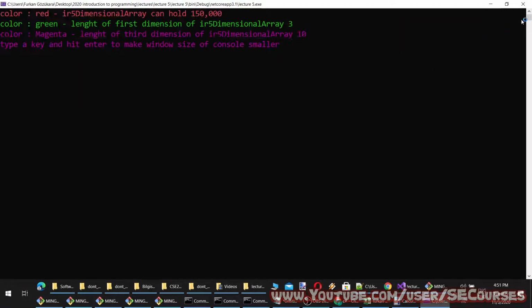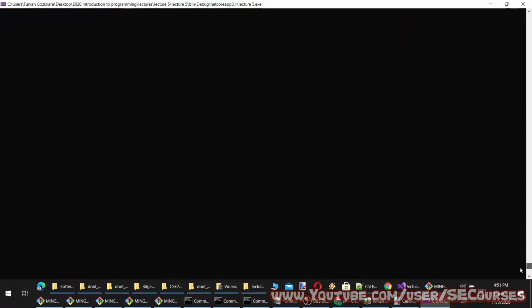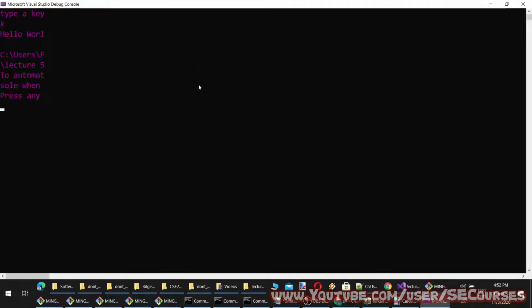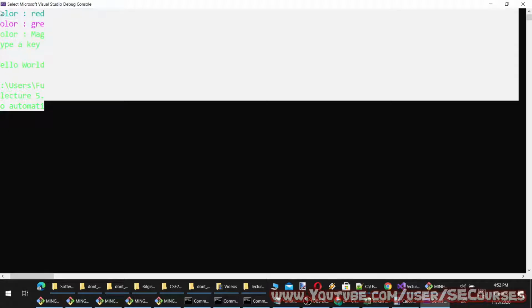Okay, so as you can see now I can hover it to do lots of lines, and when I hit something and enter, now it is 10 lines, you see, 10 columns here and 10 rows here.